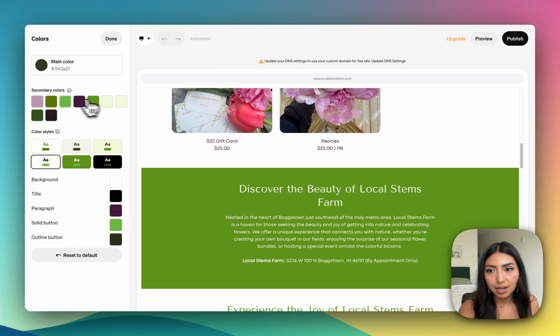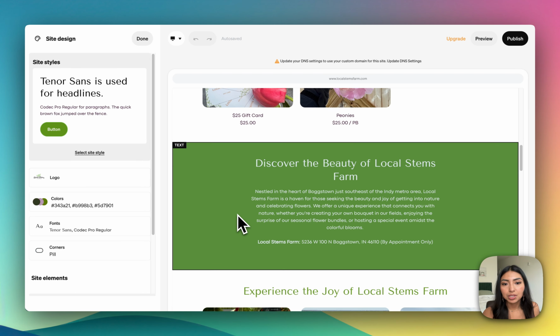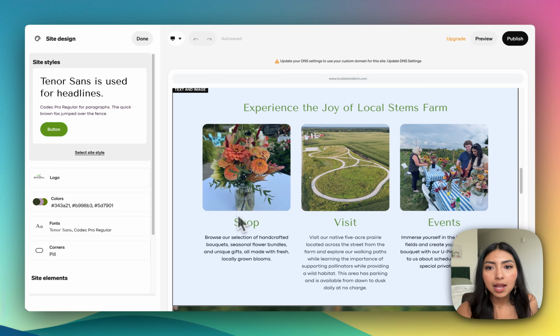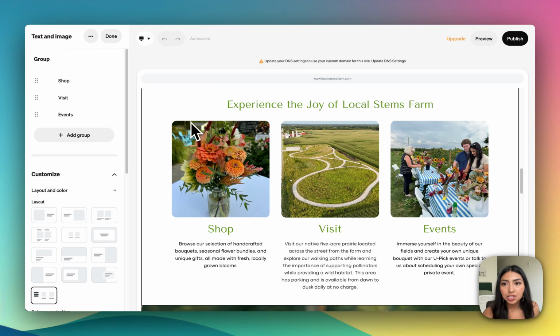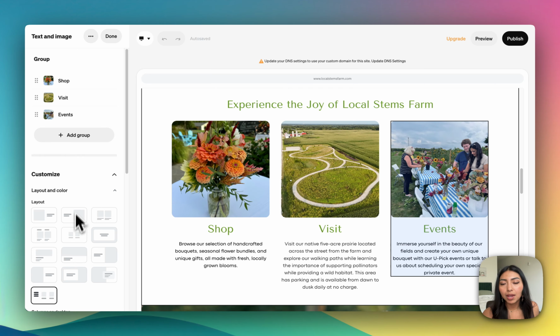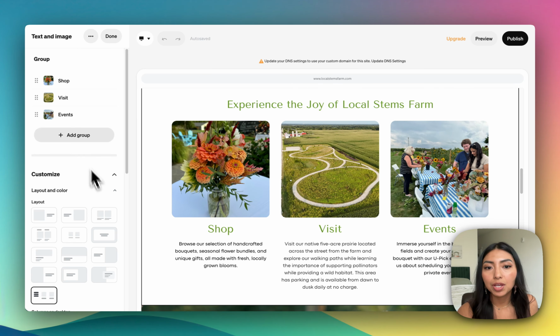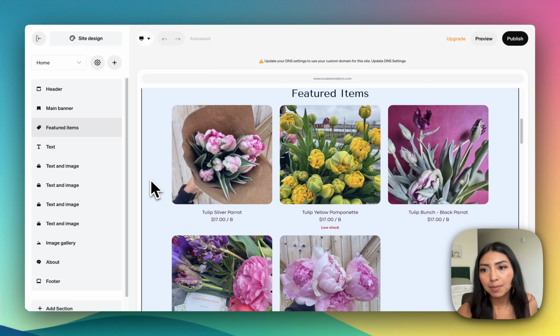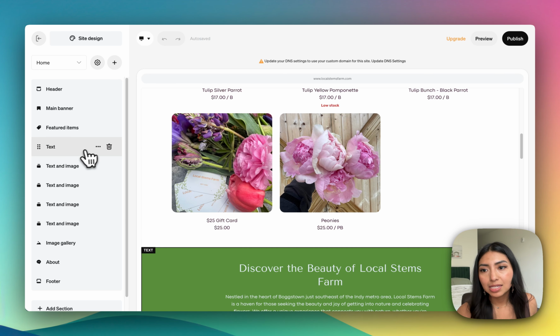I would definitely recommend having your presets here so you can reference them as you go through building your site. Now, right below that is a text and image section, and as I'm clicking through the different sections, you see that the left-hand side panel opens up and you're able to see the different settings for that section. But if we click done, we see that all of these are just different, like that's featured items, that's text,